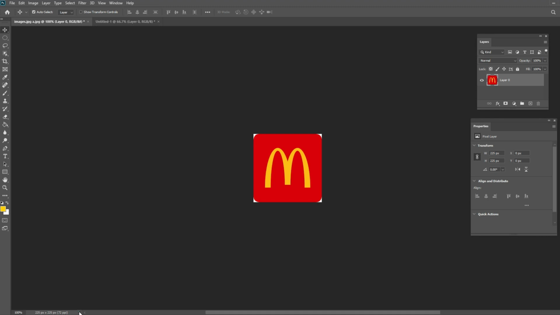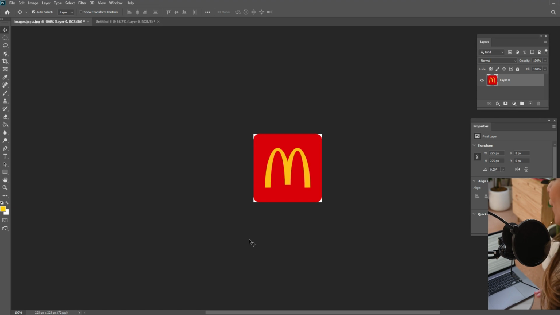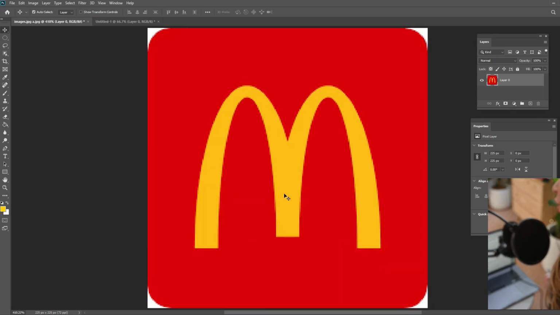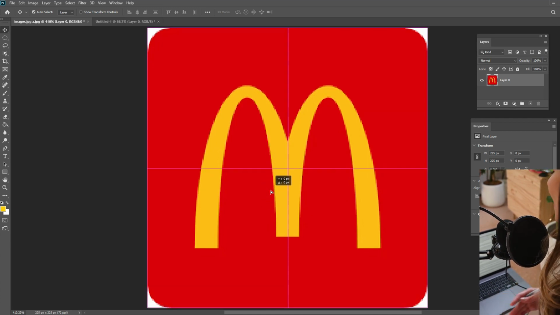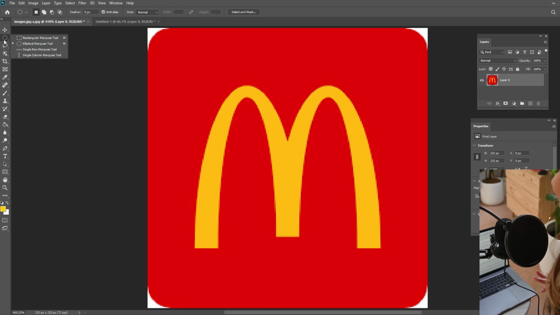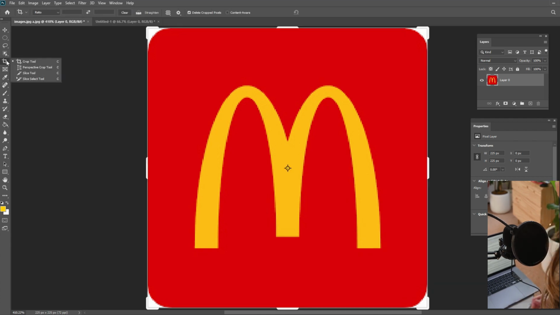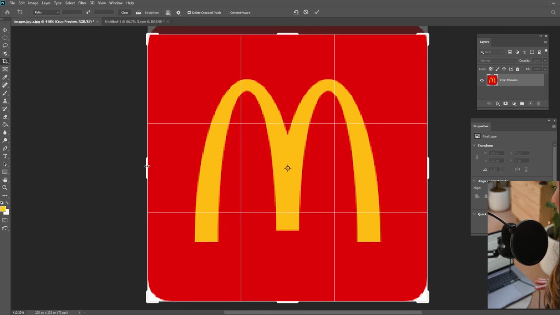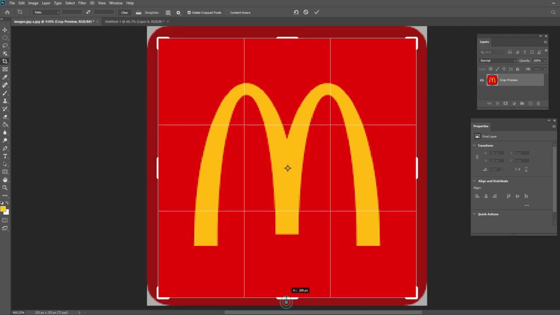Here is a low resolution version of the McDonald's logo that I downloaded from Google. If you zoom in here, you can see that it's quite pixelated. If we go down here into the document size, you can see it's just 225 pixels by 225 pixels, which is not very much, and it's only 72 pixels per inch. For print you want to be at least 300, so to fix that